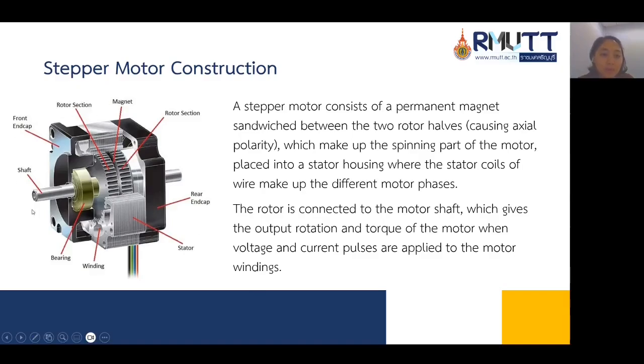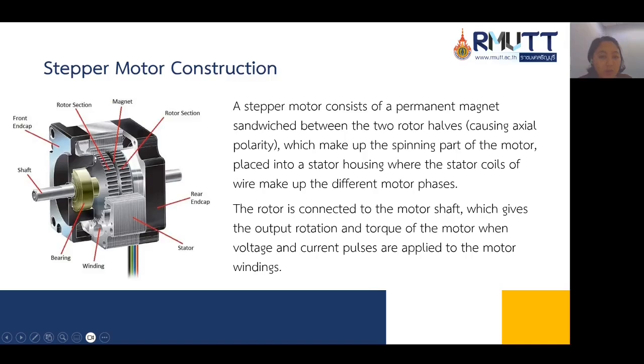This is the stepper motor construction. A stepper motor consists of a permanent magnet. This is the permanent magnet sandwiched between the two rotors. The two rotor halves cause axial polarity, and make up the spinning part of the motor.